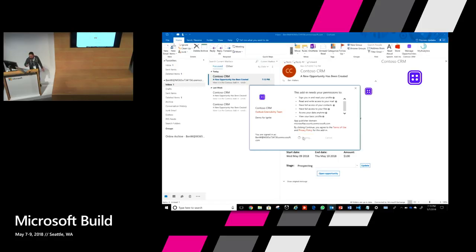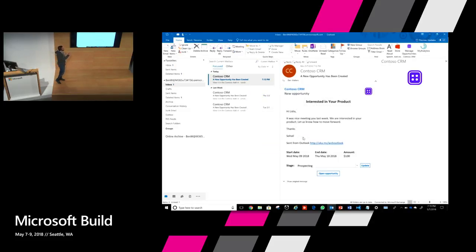So I click continue. Now what's happening is that the add-in is taking these scopes and writing that to the Azure Active Directory app that it had created earlier. So now the Contoso CRM backend app has the permissions to make these operations on the user's behalf.